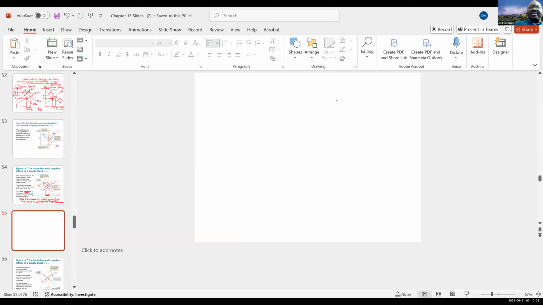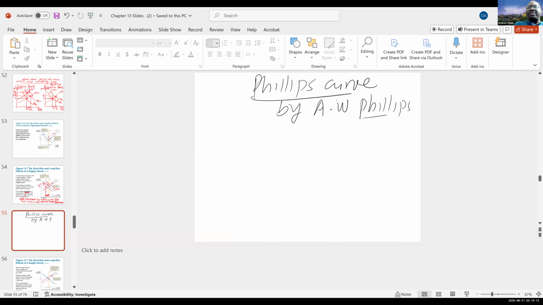So he plotted, and that's what we call the Phillips curve. It was developed by A.W. Phillips, a New Zealand economist, in 1958. So A.W. Phillips collected data on the UK